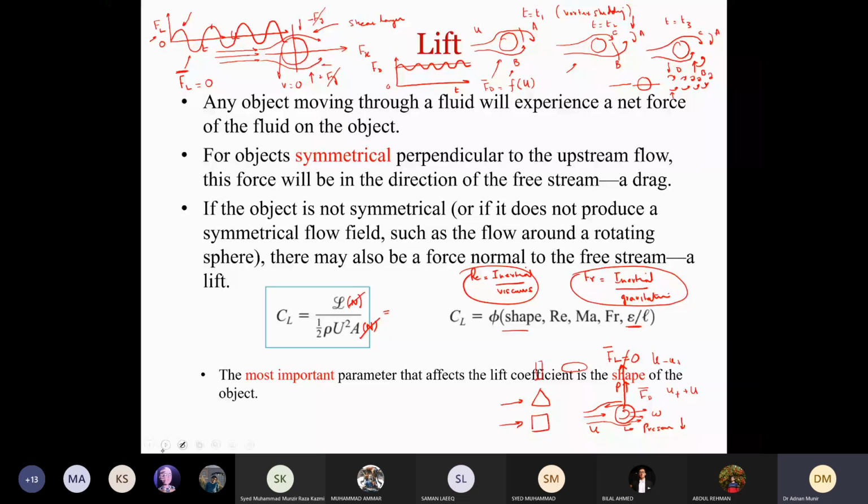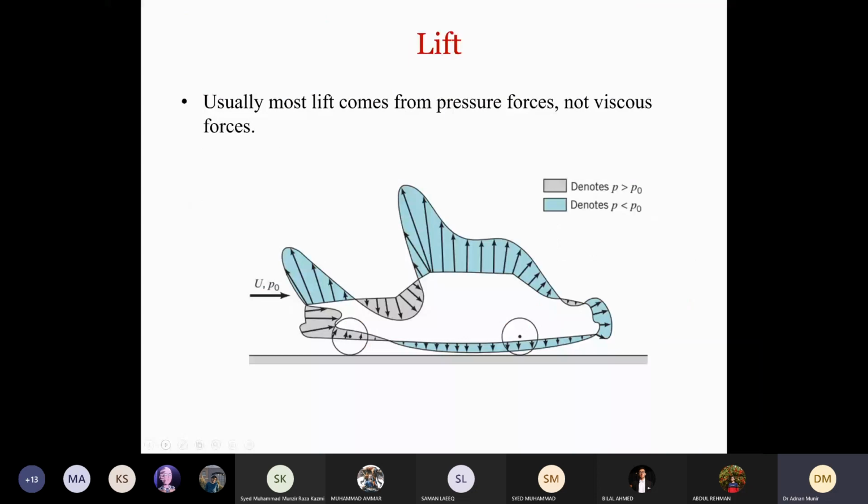Now, usually most lift coefficient, we saw this in the case of a flat plate also. The reason I am relating these examples of flat plate and circular cylinder time and again is so that you can relate the concept of lift with the things that we have already studied in this lecture. So now in the case of this flat plate, we already saw that if the incoming flow is coming in this direction, we have boundary layer flow.